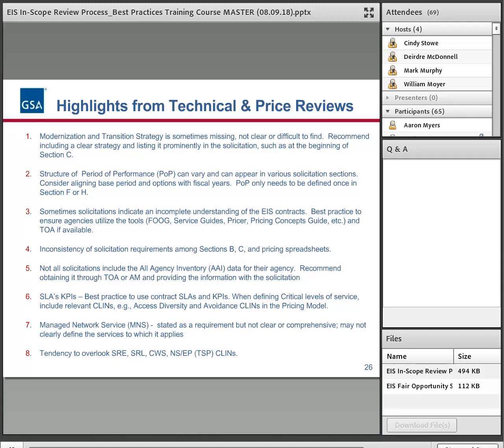So a service could be listed in Section C that's not mentioned in B. You want to be sure you have the correct correspondence. We've also seen, in the price template, there might be a technical requirement placed in there. So it's probably more appropriate to have that in Section C. So those are some things to look for.